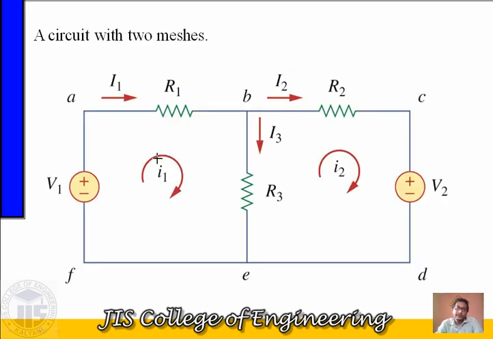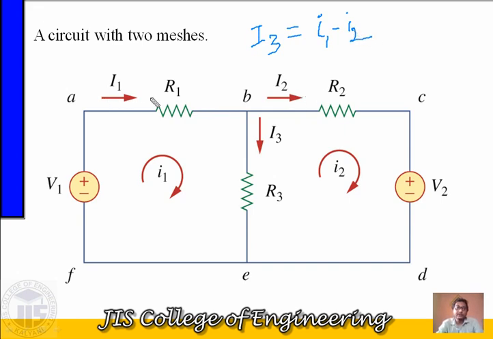Now one more thing: you are solving for the I1 current and I2 current, these are the mesh currents, small I1 and small I2. Suppose they ask you to find this capital I3 current, which is a branch current. How will you find this branch current? This branch current I3 is in the up to downward direction. Which mesh currents go up to downward? I1 is up to downwards, and the I2 mesh current is down to upwards. So the capital I3 value can be calculated, in the up to downward direction, as I1 minus I2, by which you can calculate all the branch currents.